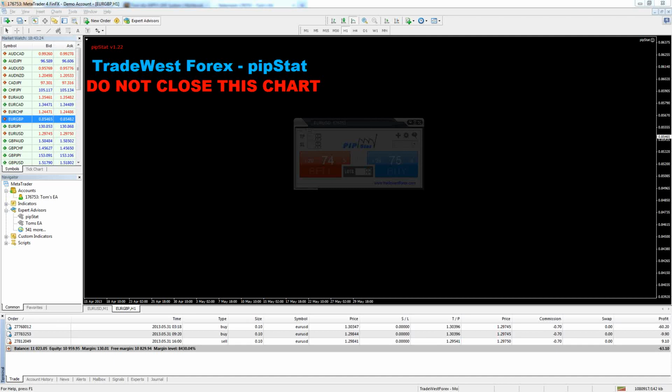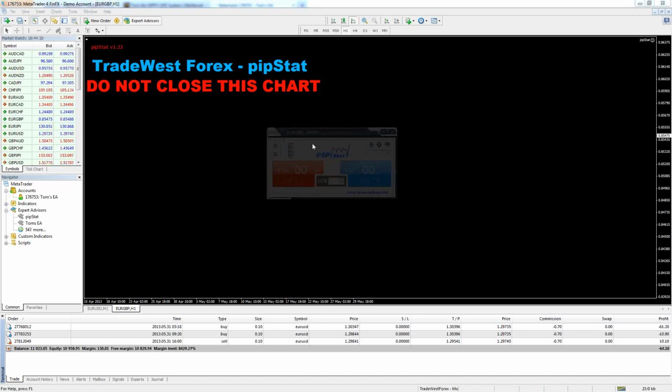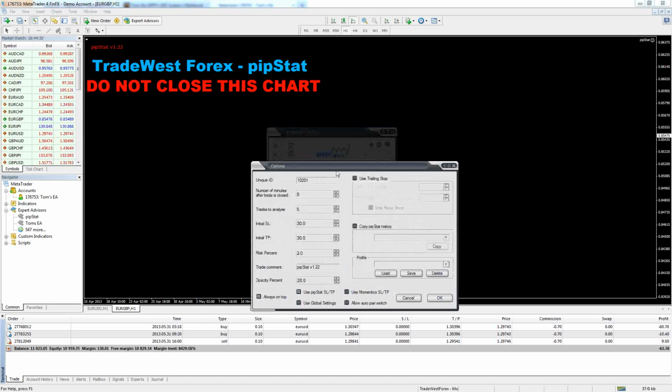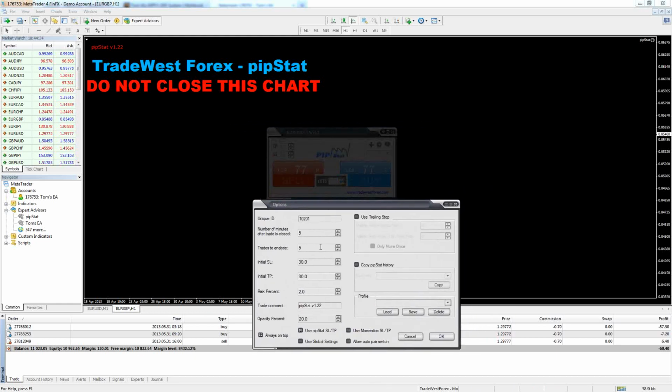Okay, it's coming up now. Okay, so I close that. Okay, so now you can see it's generated a target and stop for me based on the trades in the history, and I have it set at the last 5 trades, and just looking 5 minutes after the trades closed. Now, what we're probably going to want to do is